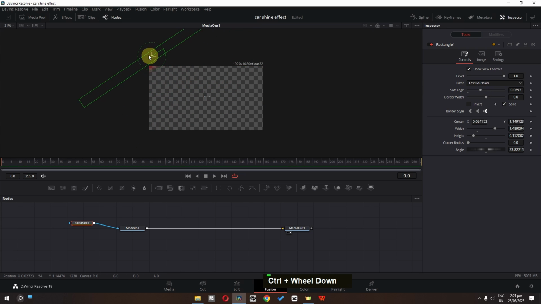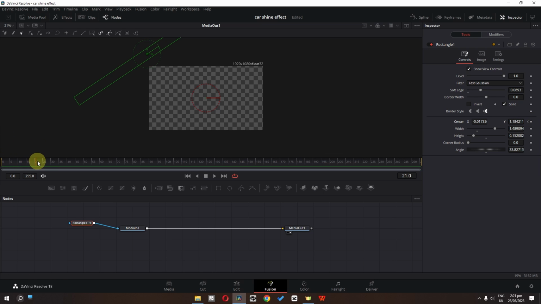Now guys, the next step is we can go to the first frame of this clip. We can add a keyframe in the center. Let's go a few frames ahead and we can drag this like this. Now we can add a keyframe, go a few frames ahead, and now we can drag this right here